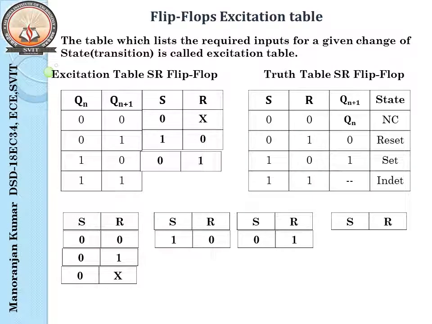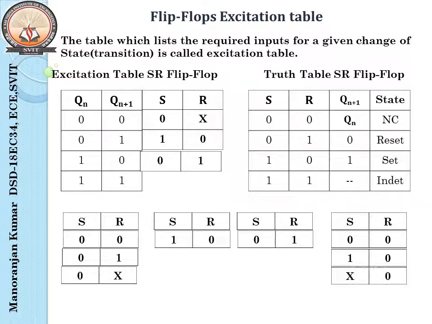What you can see, both present state and next state, again both the values are the same. So that is nothing but we are in no change condition. For no change condition, my inputs are 0 0. One more thing you have to see here is Qn+1 is 1. When will it be 1? When we are in set state. For set, what is the input combination we have? 1 and 0. Okay, so this input combination is also possible. So I've taken 1 and 0 here also.